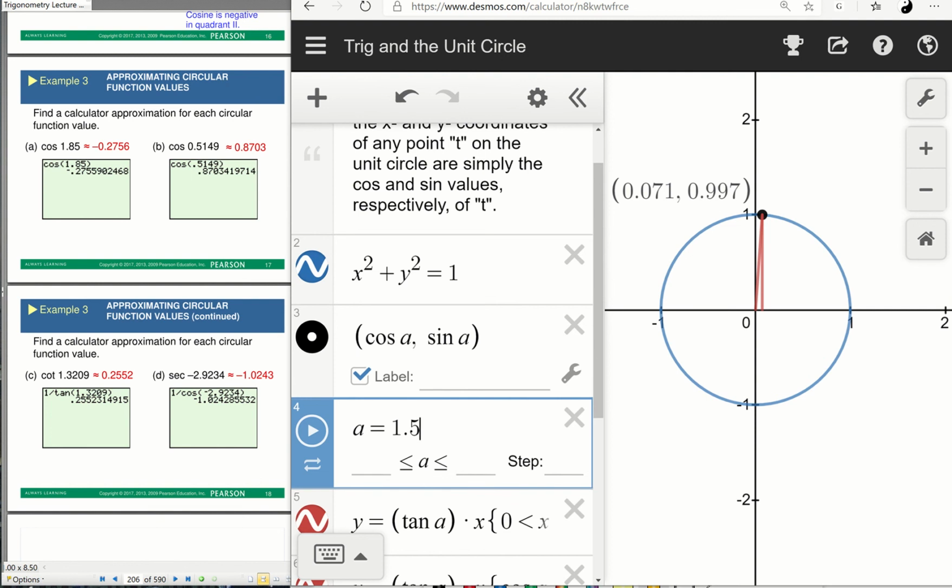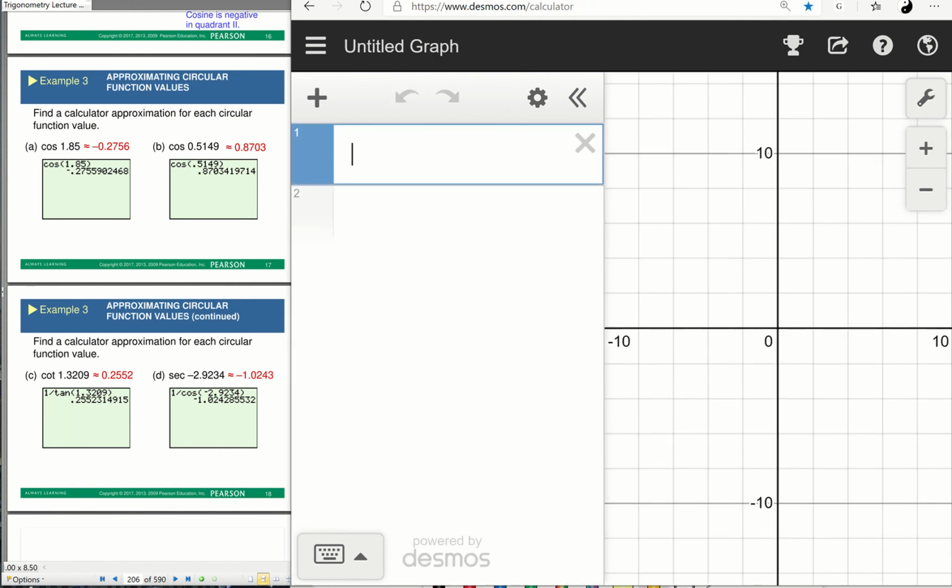Now, this is actually a very handy tool because it gives you great intuition into what's going on. But it's of course not the most efficient way to go about this. And normally when we're dealing with an angle which is not one of the basic ones that we're familiar with with respect to the two special triangles, we go ahead and just use Desmos as a calculator. So if we just go and type in, for instance, sine of